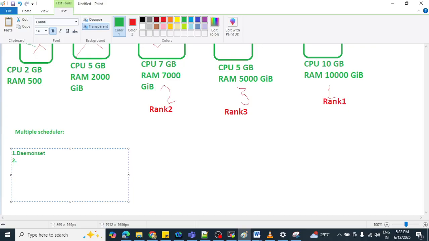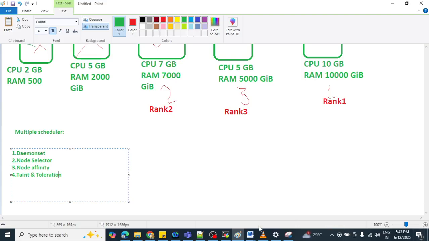Next one is nodeSelector. Third one is node affinity, and the last one is taint and toleration. So now let's discuss each and every scheduler concept one by one.